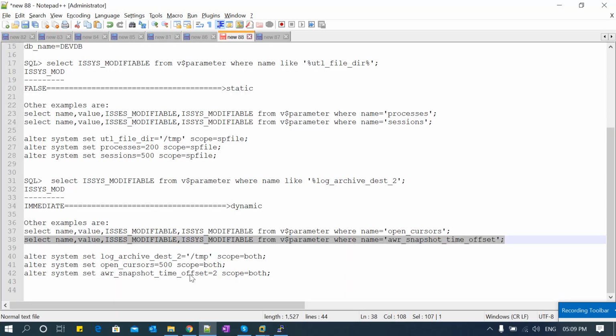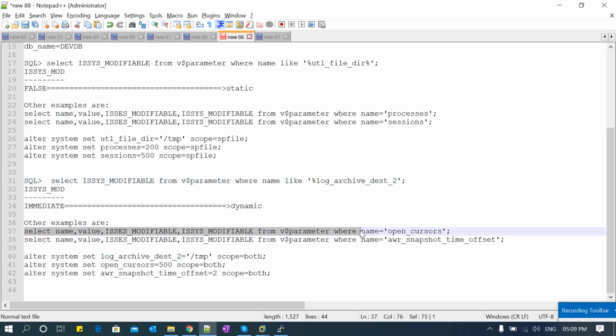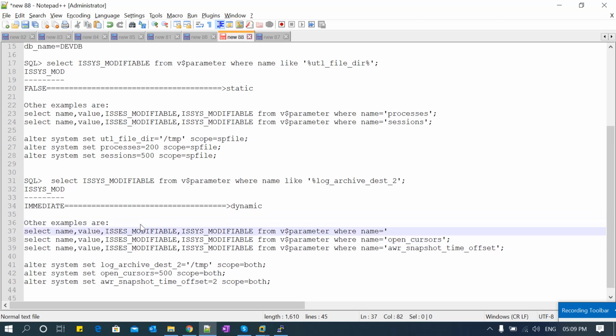First I will give an example of changing dynamic parameters, and then we will check it out. As you see these parameters, I'll write this query one more time here. We will change all these three parameters that I highlighted.